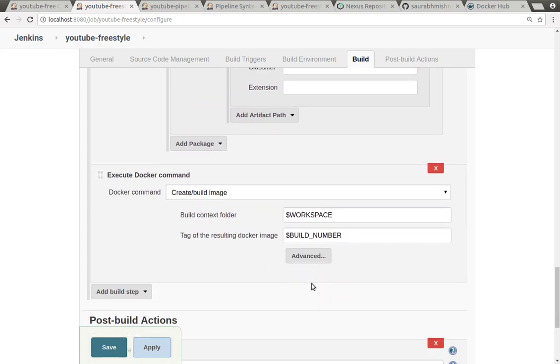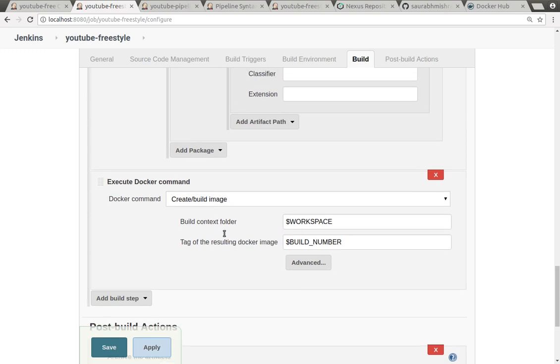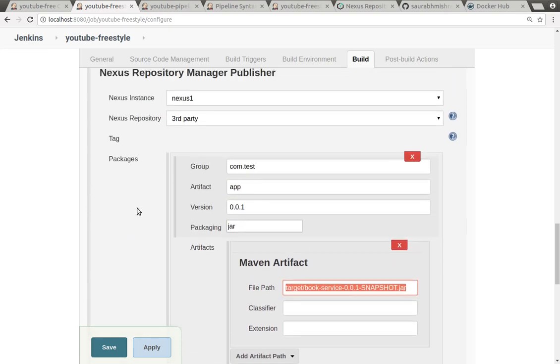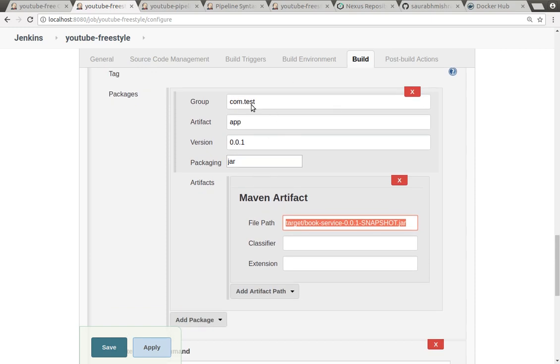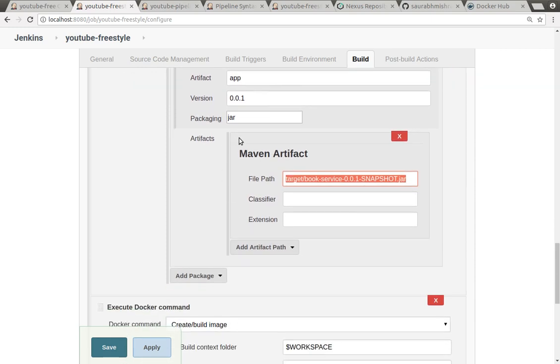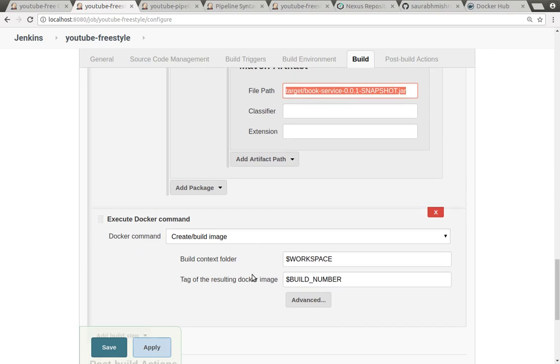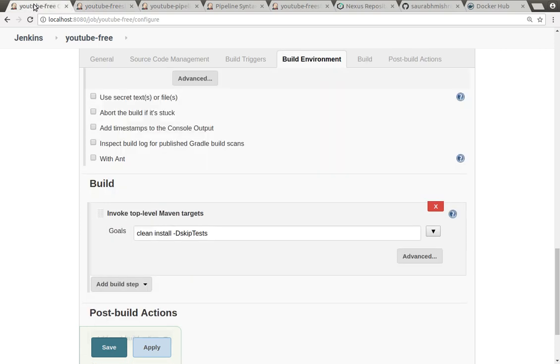After that, I also want the Docker image built because this is a jar file. This is a kind of executable jar file, but I want the required environment also to be built so that the application will be built totally in terms of a Docker image kind of application. So for that purpose, here I have chosen one more option of execute Docker command. So what exactly will execute Docker command do? A create and build option I have selected. So let me go back to the previous one.